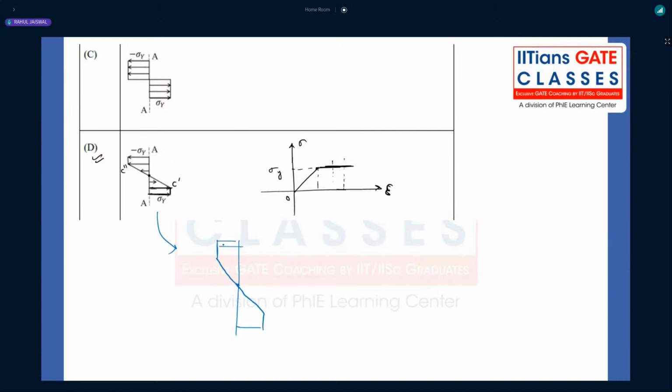In this option, there is no problem, I think, right? But if you just keep on applying the bending moment more and more,